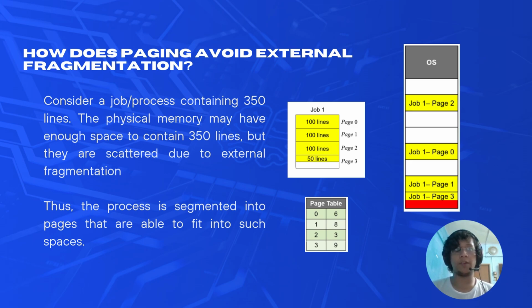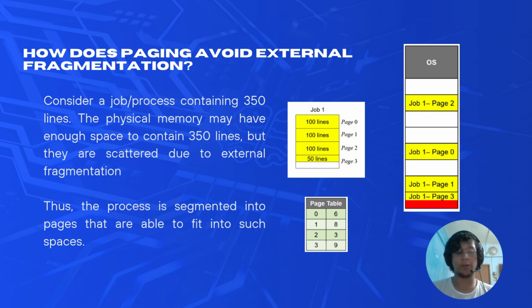So how does paging fix external fragmentation? Let's assume that we have a job containing 350 lines. The physical memory may have enough space to contain 350 lines, but they are scattered due to external fragmentation. So it might have 100, 50, 35, and so on and so forth. The process is then divided into pages: 100 lines, 100 lines, 100 lines, and 50, instead of just 350 lines back to back. Each page is placed into a frame inside the physical RAM,